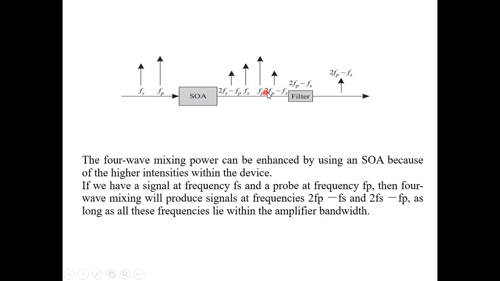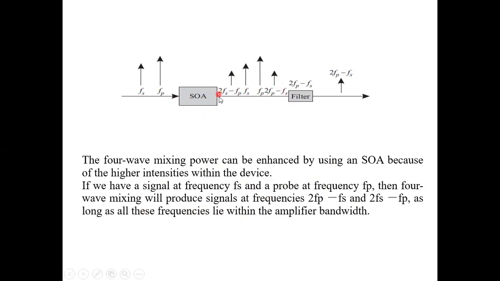So here, if leaving this fs, if I have the other three frequency selection, we can say that the incoming signal is transferred to the probe signal. So this four-wave mixing, these are the standard conversions. This four-wave mixing is producing signal at these frequencies, and whatever amplifier I am selecting over here, it should fall within the amplifier band, because for an amplifier we need to select one working at that particular band.